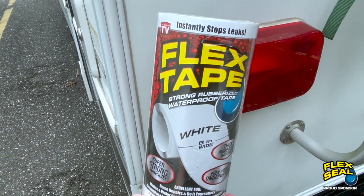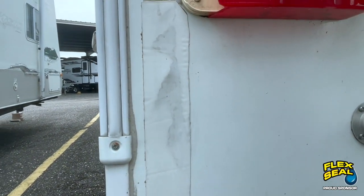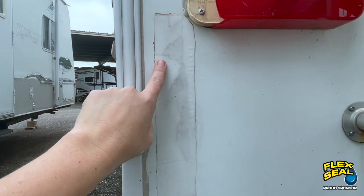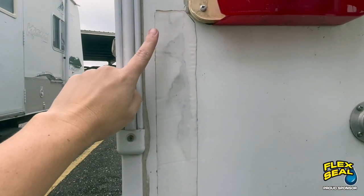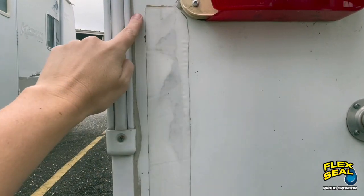We actually went out, we bought it on our own after somebody, I won't mention any names, but I don't drive the camper, drove this into an electrical box at one of the parks we were at and obviously ripped a huge hole in the fiberglass. We went out, we bought Flex Tape, we got white to match the camper, and as you can see, it